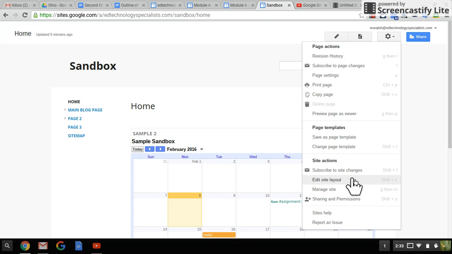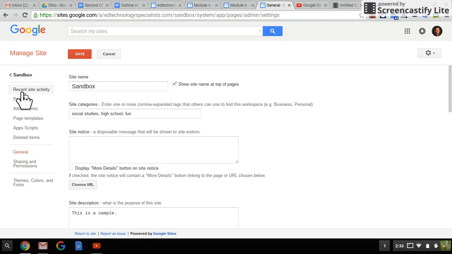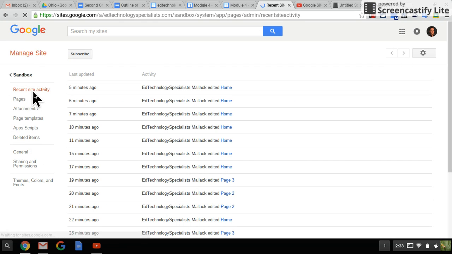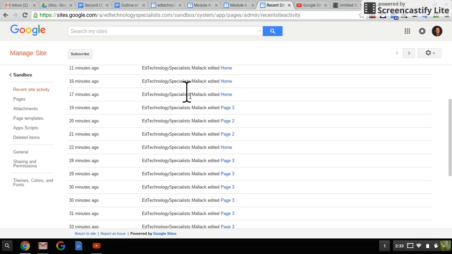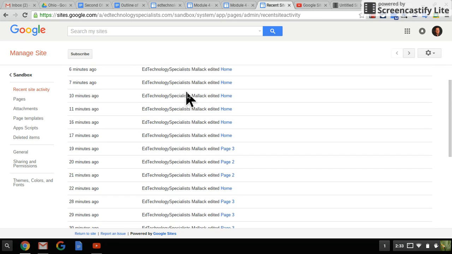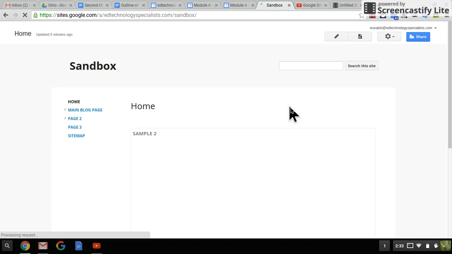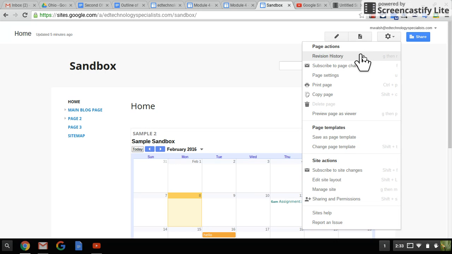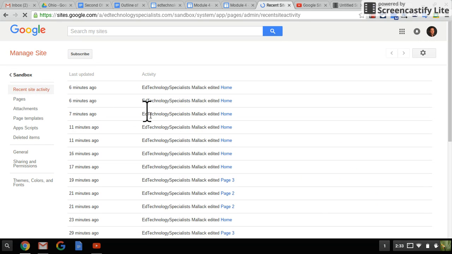We'll do Edit Site Layout on a different tutorial. So under Manage Site, look at the left-hand column right here. Recent site activity means exactly what it says. It tells you every single person who edited it and what they did. Okay, and remember, you can also do a revision history where you can revert back to previous versions. That is right here for a page. For manage site, though, recent site activity, again,